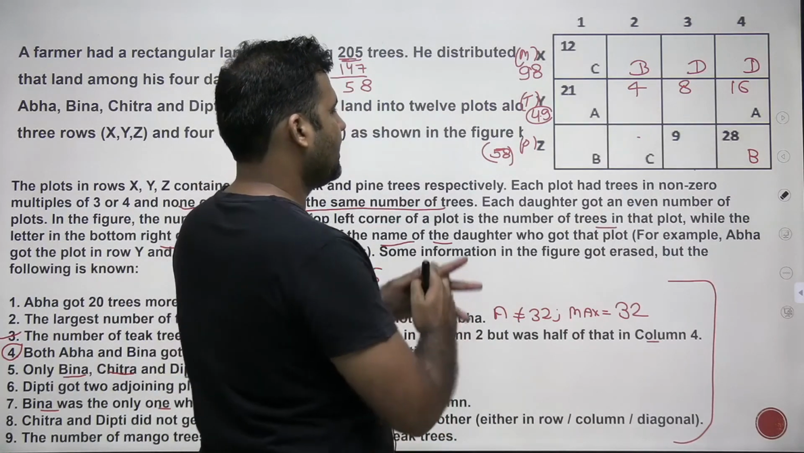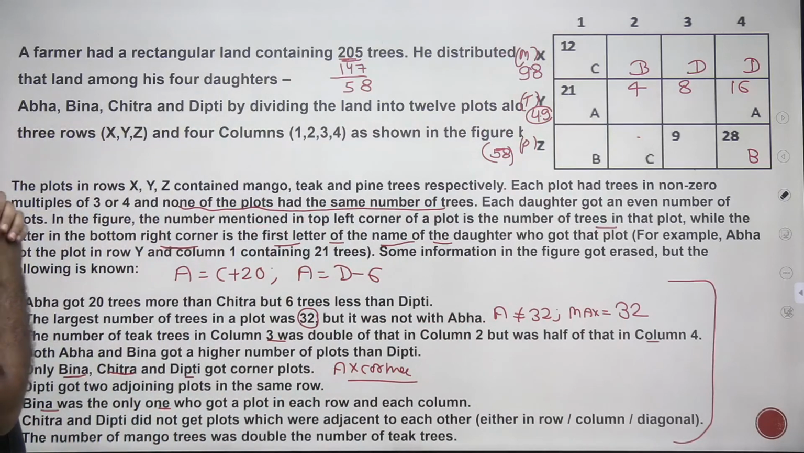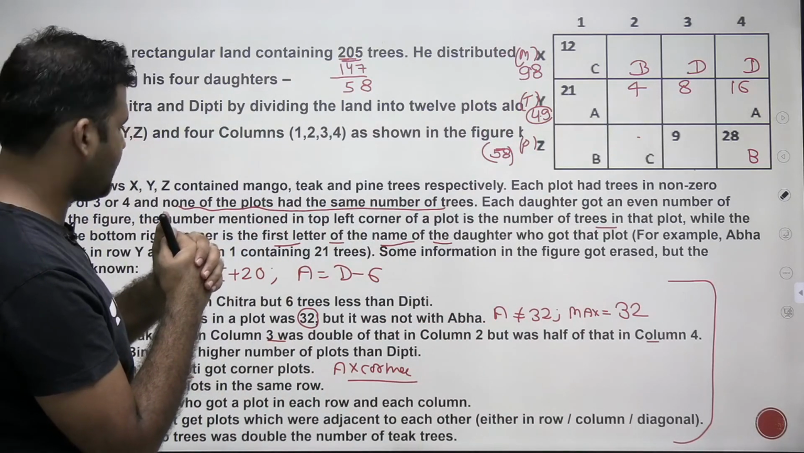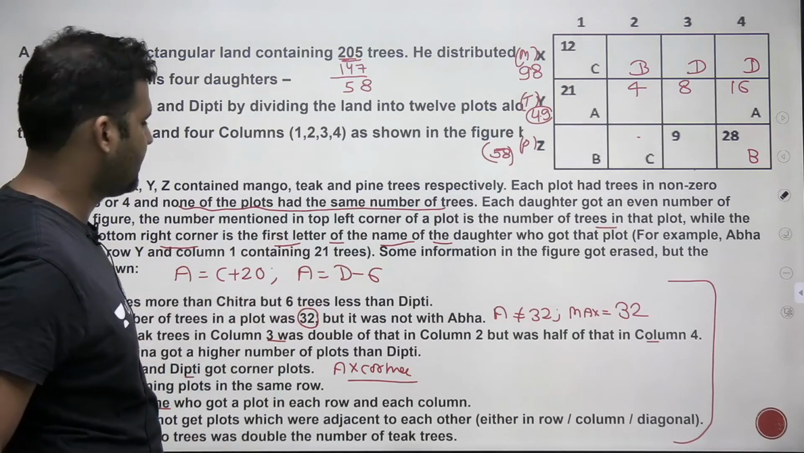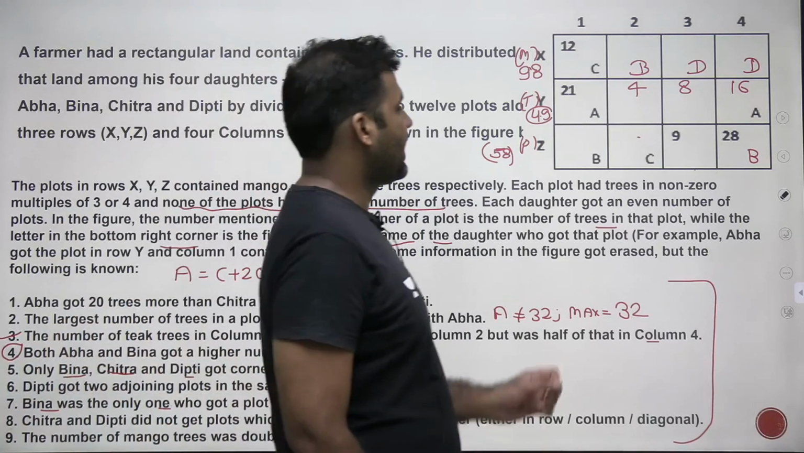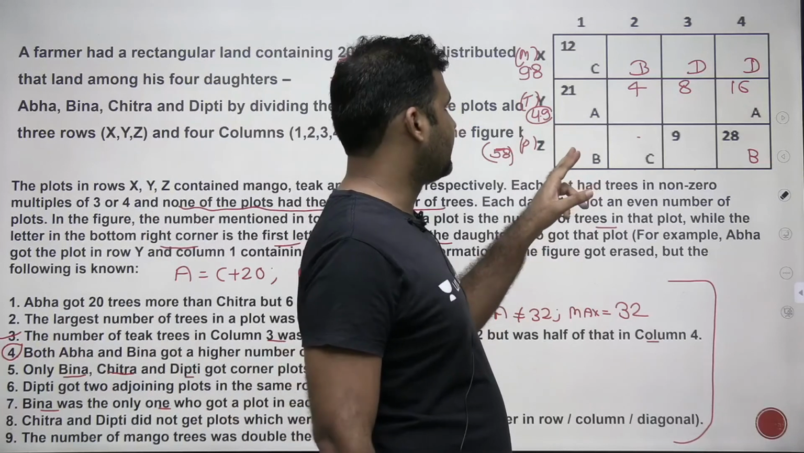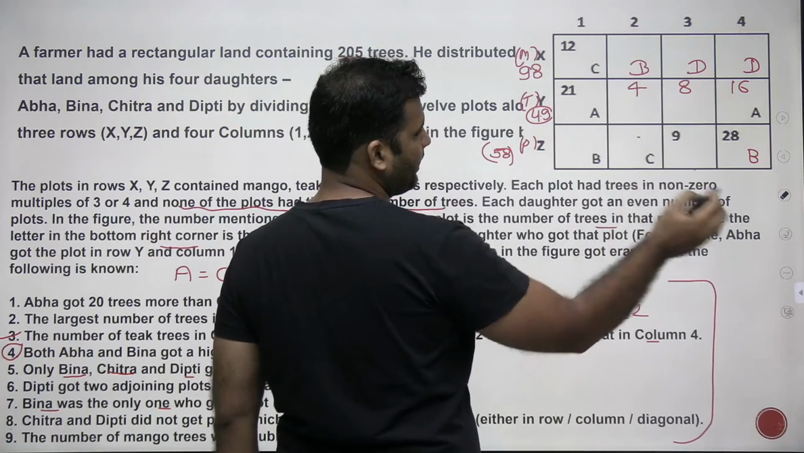Now, if I have to divide B and C, there must be some information that we have to use here. Abha is getting 20 more plots than Chitra, and Abha is getting 6 fewer plots than Dipti. All right. So, guys, yes, there's a point here we can use, that if I'm taking a value of 32 here,